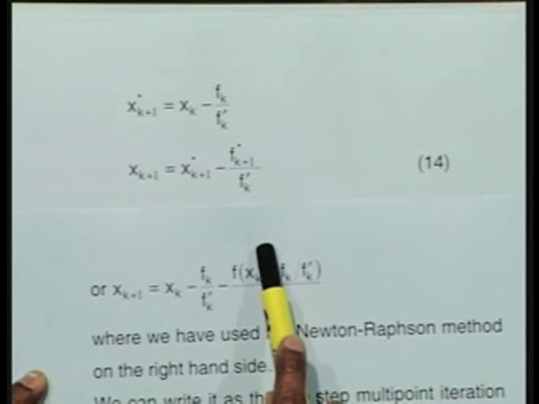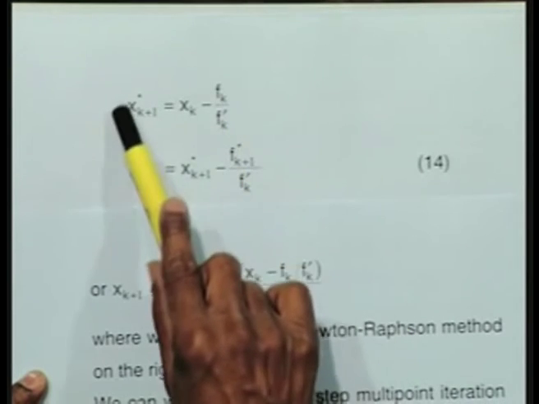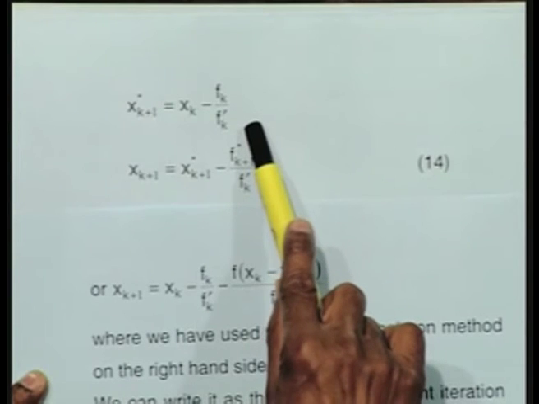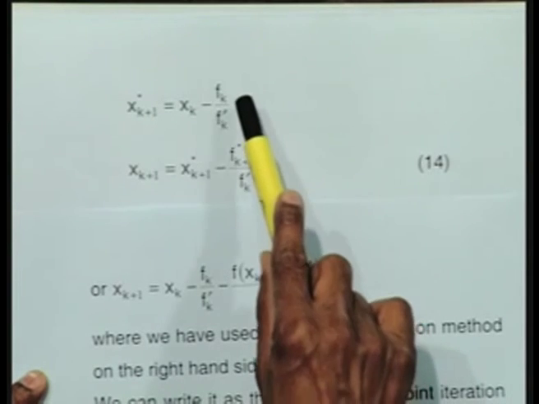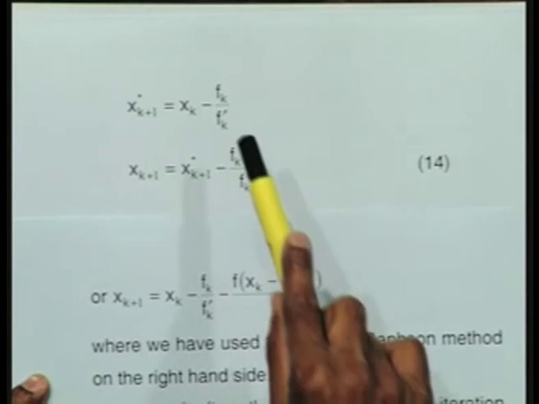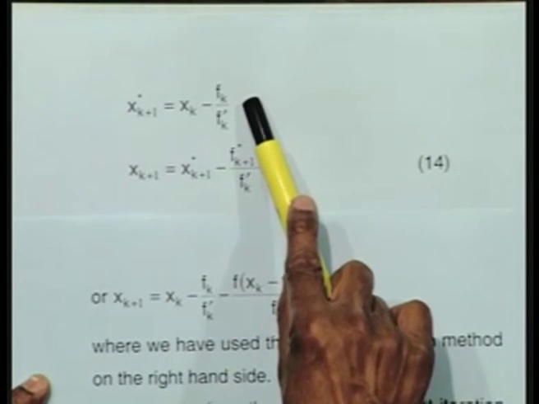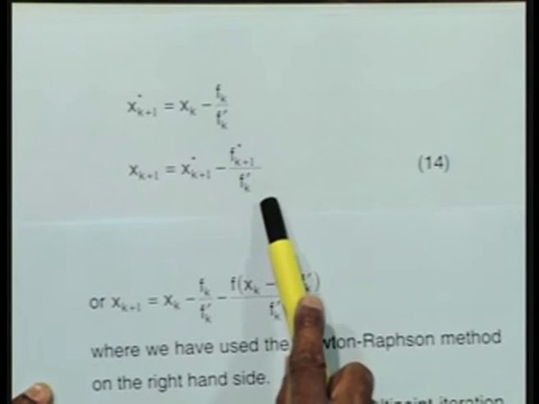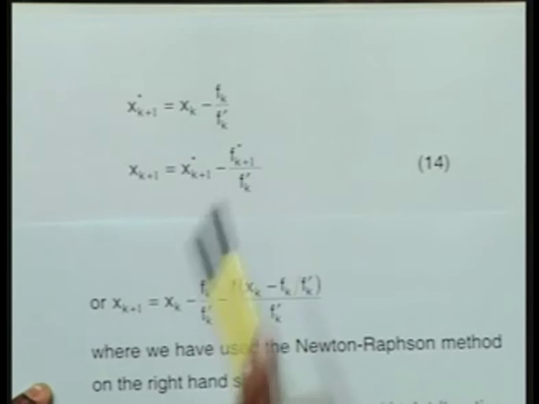Very interesting thing here is the first step is nothing but Newton-Raphson method. So, this is indeed a modification of the Newton-Raphson method to arrive at the next higher order method. We know this will be a second order value, and now I am computing a third order value. Here you can see that we are using two evaluations of f.